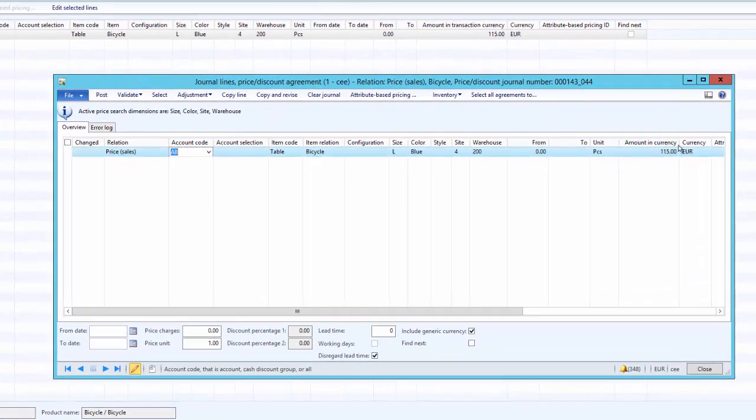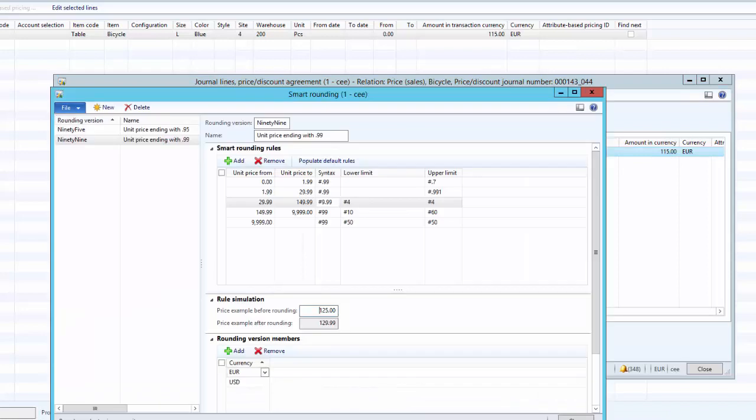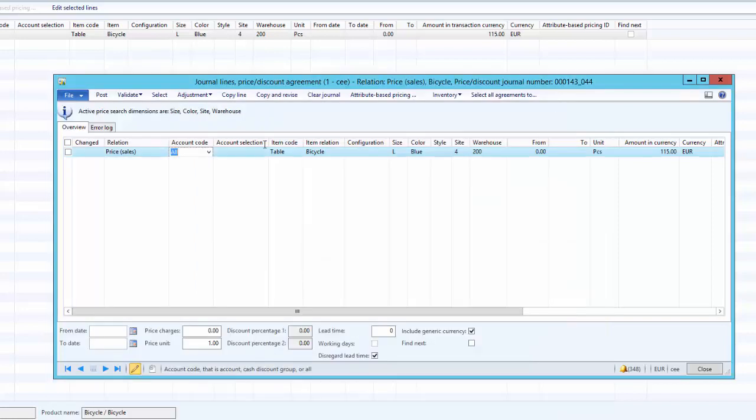Here we have a price of 115 euro defined, and as per the 99 smart rounding rule, 115 should get converted into 119.99. So in order to apply this smart rounding to this trade agreement, we can click on adjustment and then apply smart rounding. That will convert the amount in currency as per the rounding rule. So that is 119.99 euro.